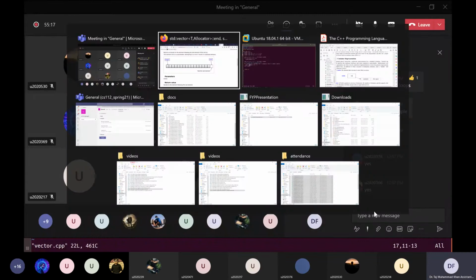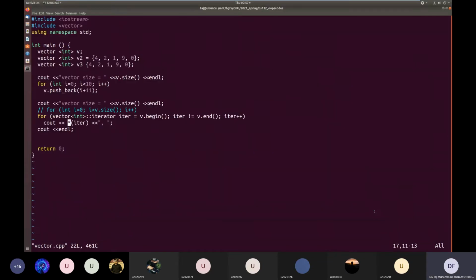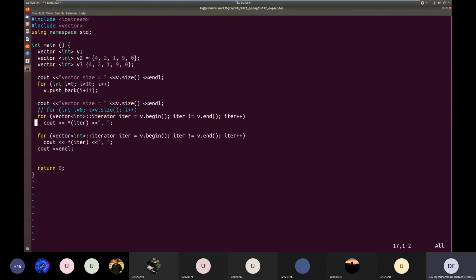Okay, so iterators can be used to read or write values. So let us write something in it. How should I write something?